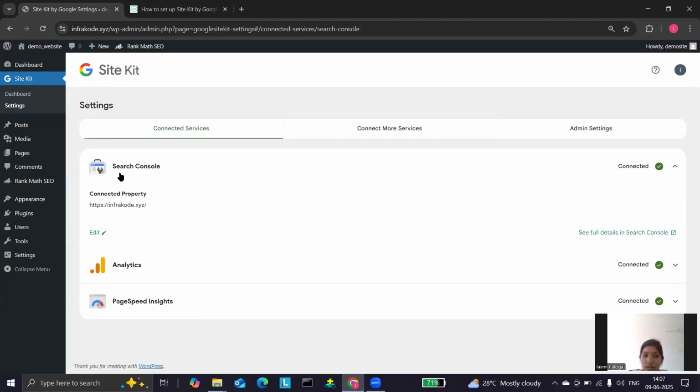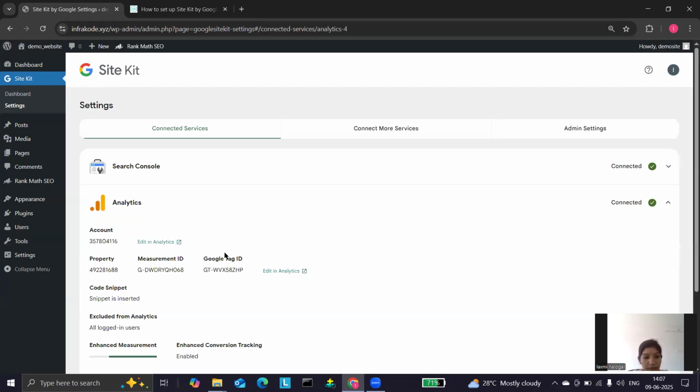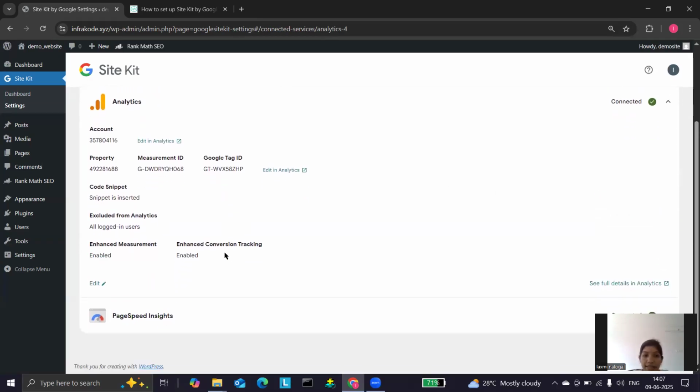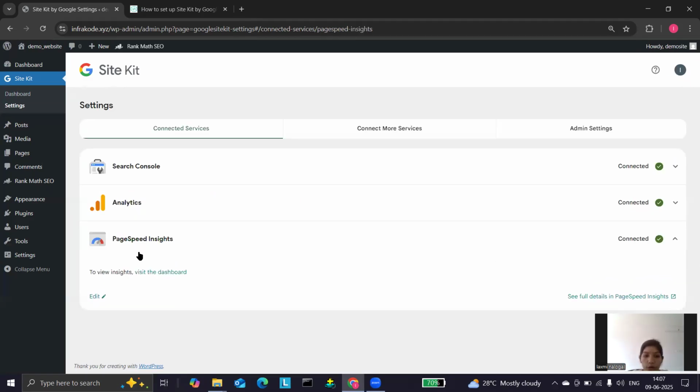That is, this domain is connected with the service provided by Google, that is Site Kit by Google. Also here you can see the analytics details, that is our property ID, measurement ID, Google tag ID, and all the details related to analytics data. Also you can see that page speed is connected too.